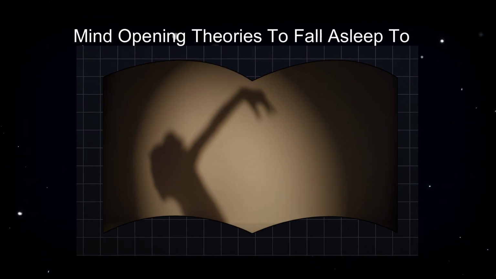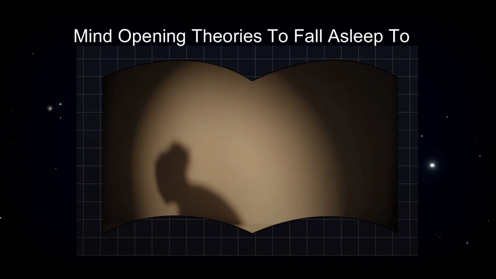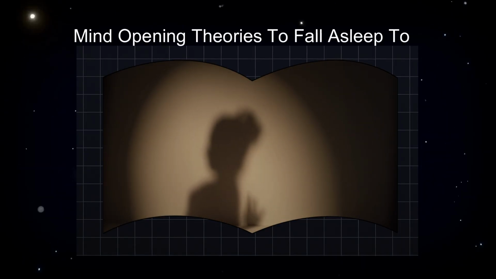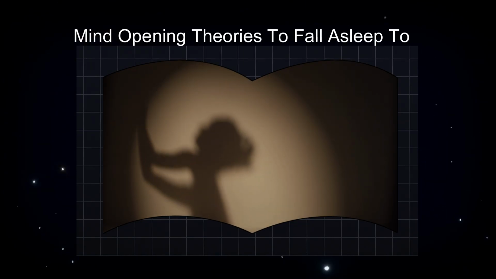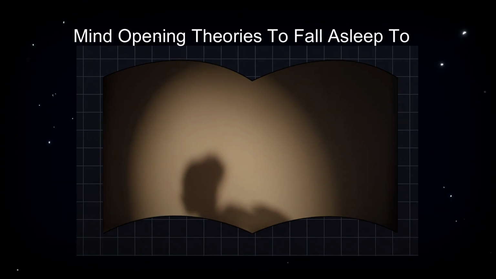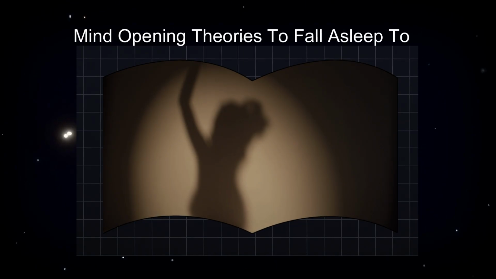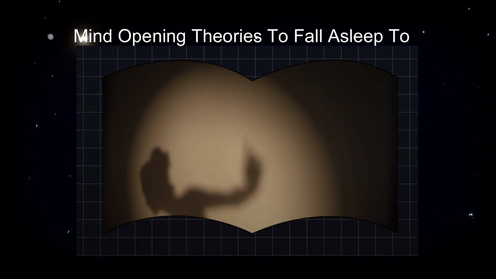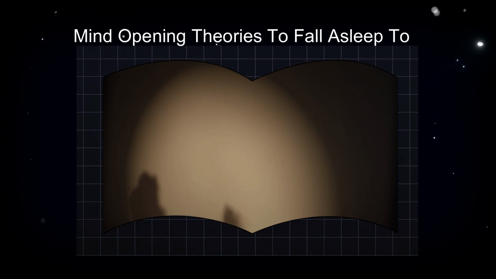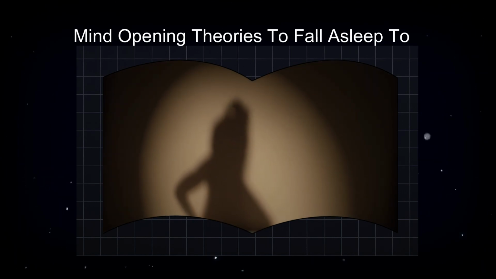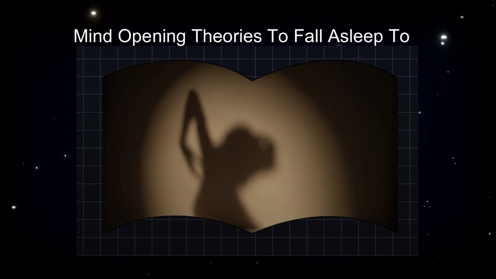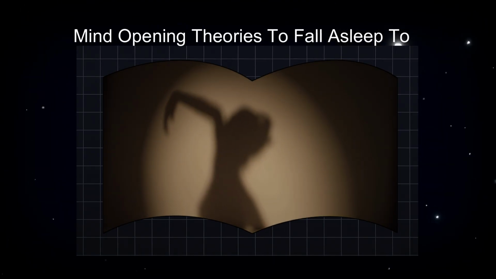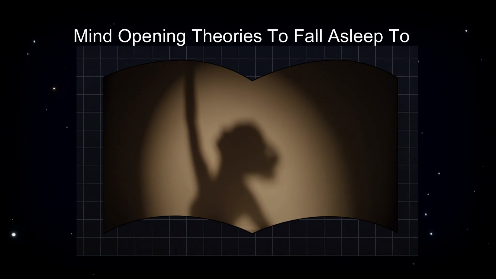But now, zoom out, way out, beyond the planet, beyond the stars, to a universe shaped by gravity, where space-time bends under the weight of massive objects, and black holes stretch physics to its limits. These two realms, the very small and the very large, are described by two of our most successful theories. Quantum mechanics governs particles. General relativity governs gravity and the cosmos. But there's a problem. They don't work together.